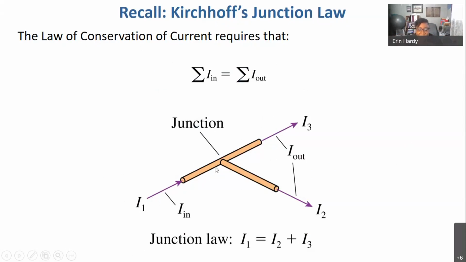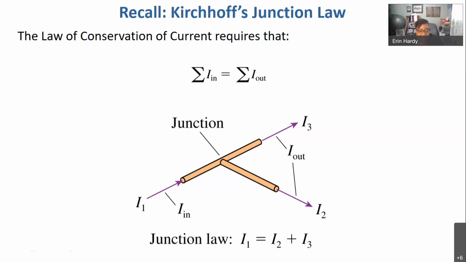If I have a certain amount of potential energy that a charge has once it enters this junction, and I could track the potential energy loss that charge would experience if it took the path indicated by I3, it's got to be the same as the potential energy loss that charge would experience if it took the path indicated by I2. So there might be different amounts of resistance, different amounts of wires. There could be different devices on the different branches of this circuit. But the one thing that I know for sure is that once a charge carrier goes through all of those elements,